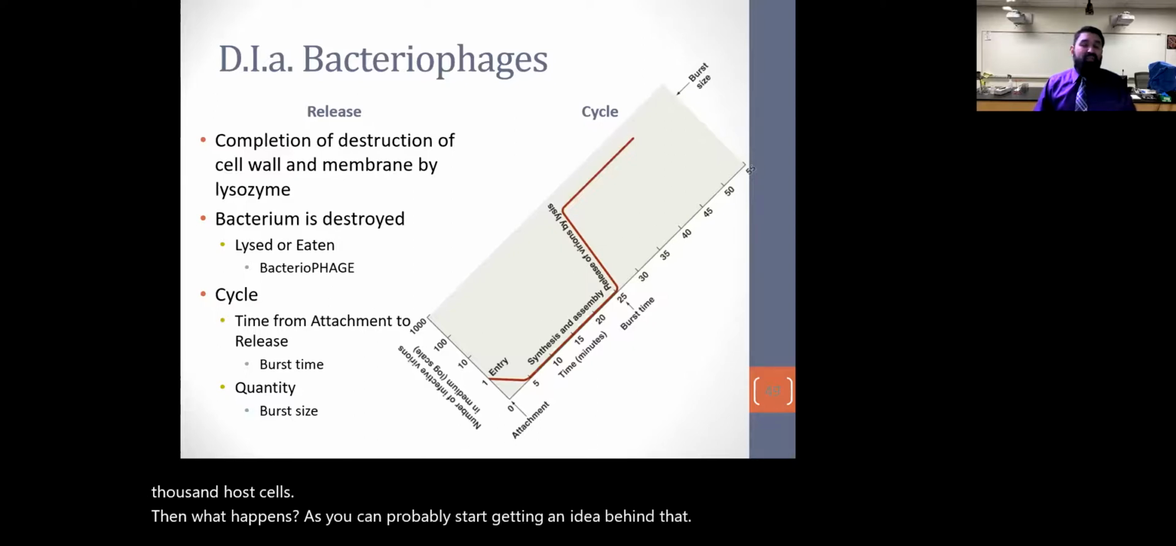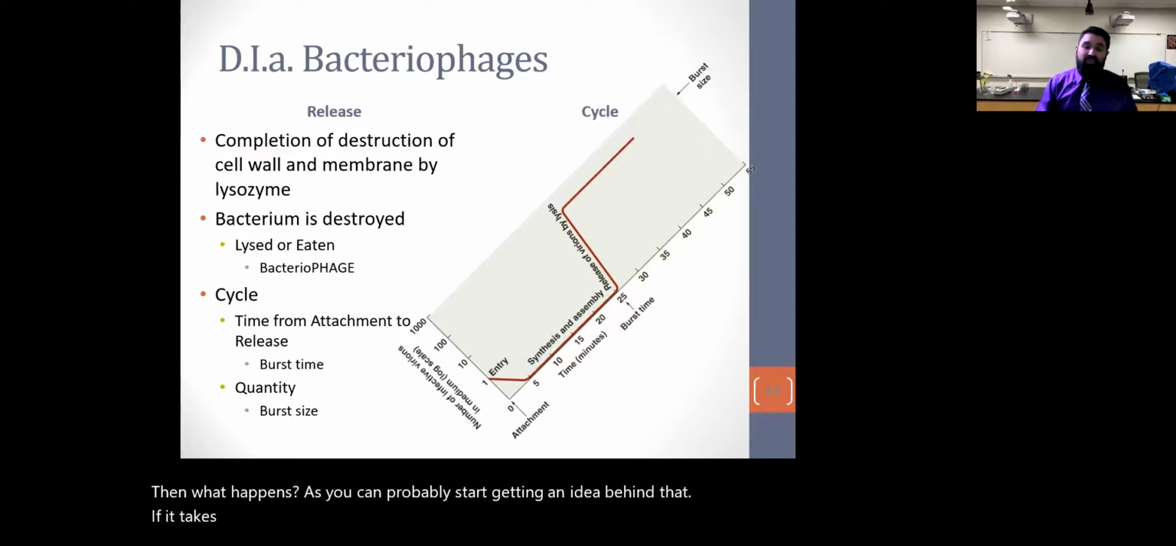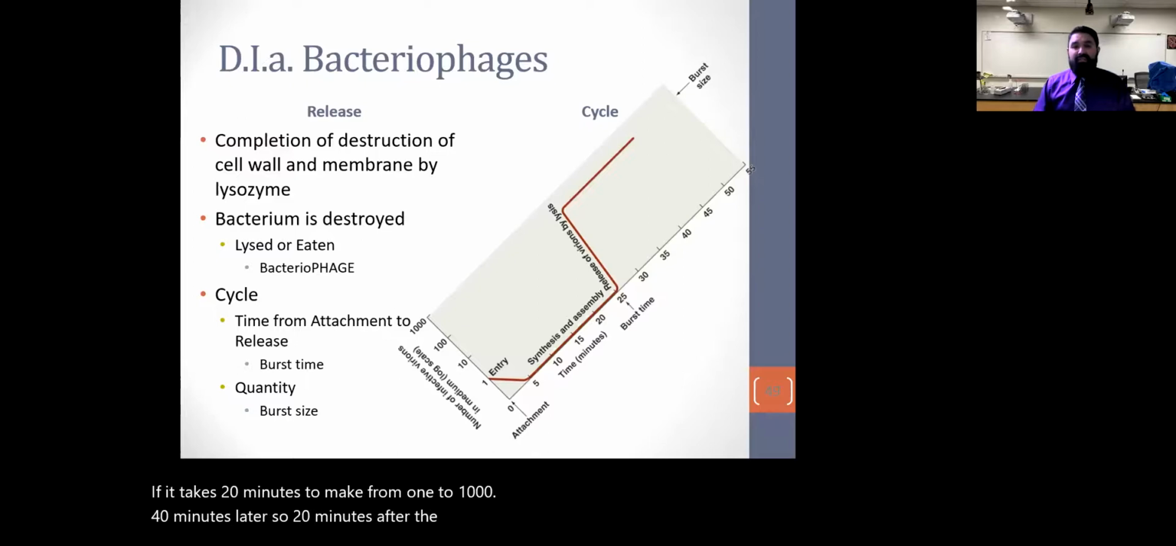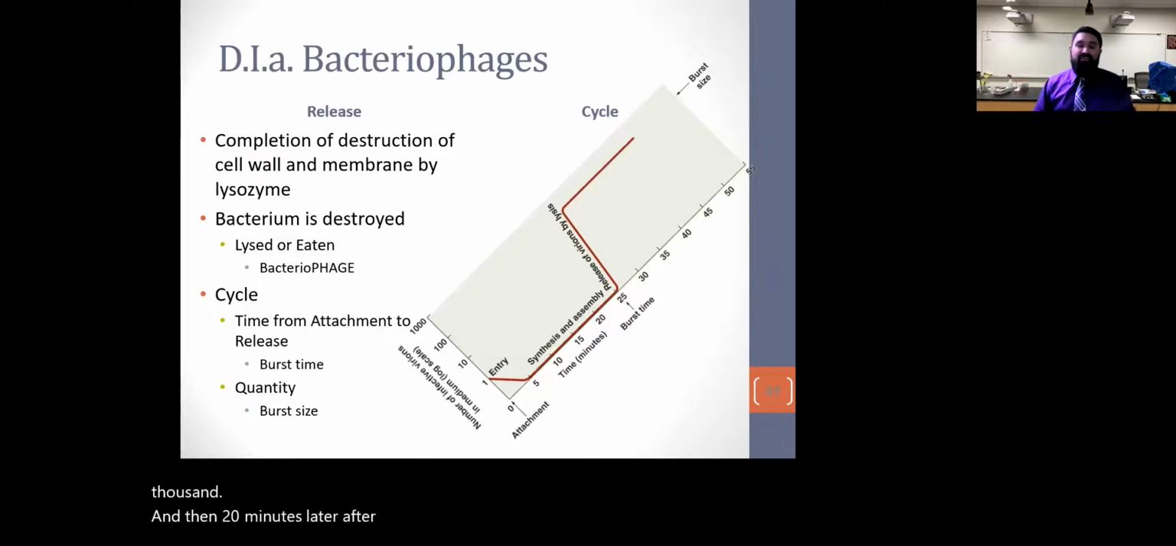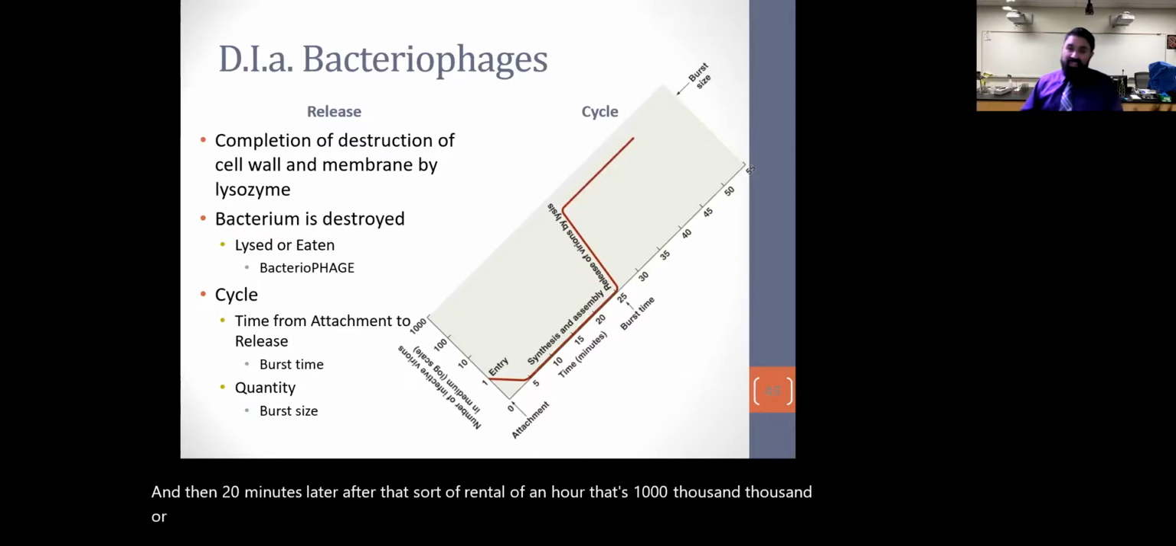Well, if it takes 20 minutes to make from 1 to 1,000, 40 minutes later, so 20 minutes after the first round, now you have 1,000,000. That's 1,000,000, right? And then 20 minutes later after that, so a grand total of an hour, that's 1,000,000,000, or a billion, right? So you can see how much faster that burst size becomes a consequence, and how much more